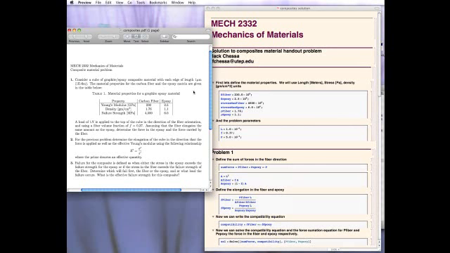All right. So with this problem, you're given a composite material with a certain volume fraction and certain material properties for the carbon fiber and the epoxy, the matrix. So to get the effective properties for this composite material, we look at a very small representative volume element, if you will. Here we pick one that happens to be 1 micron on an edge, so it's a cube. And then we apply a force on it